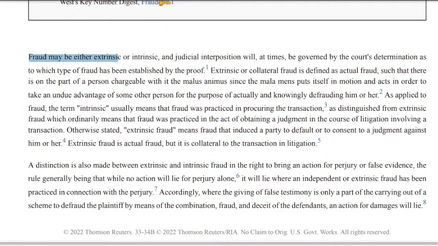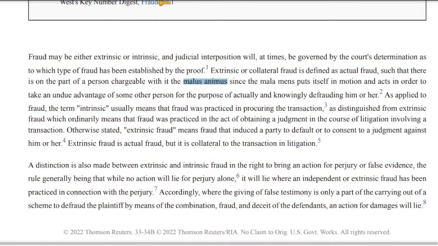Fraud may be either extrinsic or intrinsic. In judicial interposition, it will at times be governed by the court's determination as to which type of fraud has been established by the proof. Extrinsic or collateral fraud is defined as actual fraud, such that there is, on the part of a person chargeable with it, the malus animus, since the mala mens puts itself in motion and acts in order to take an undue advantage of some other person for the purpose of actually and knowingly defrauding him or her. So the malus animus